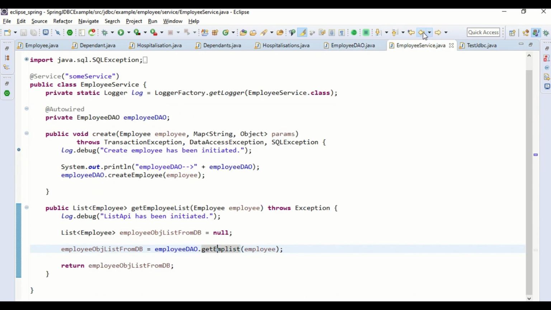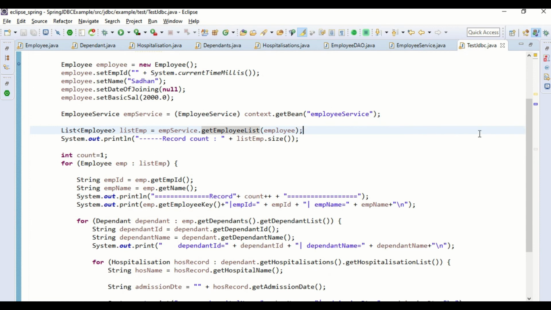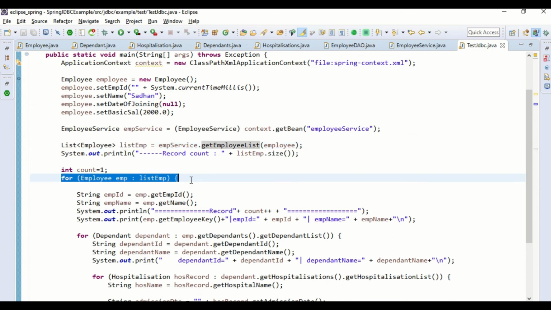Now let me go back to the test class. So what we are doing is taking an employee service object from the context, and then invoking this method. Let me run it, and we are getting a list of employees, and then we are just displaying the data. We are iterating over the employee list and printing it.